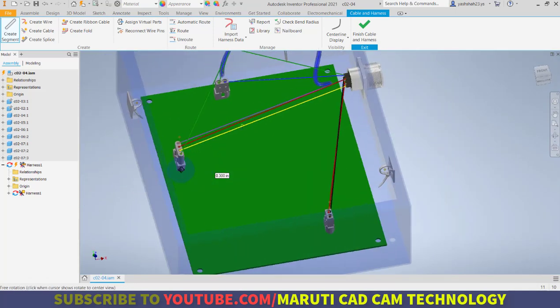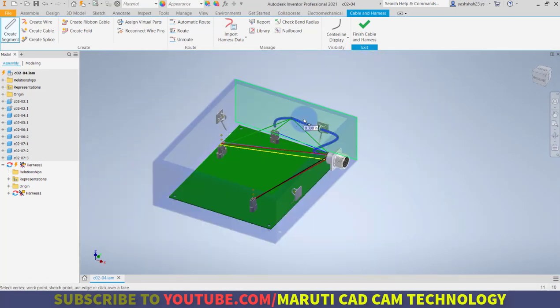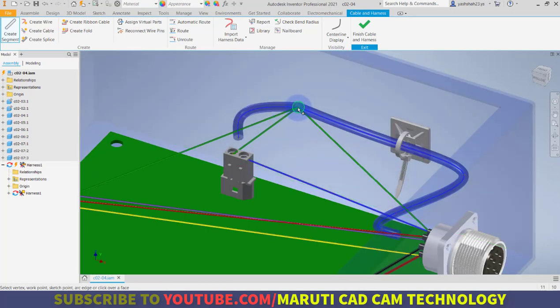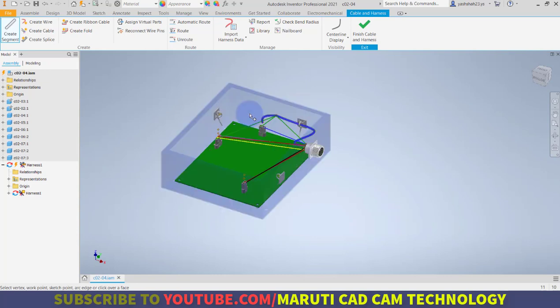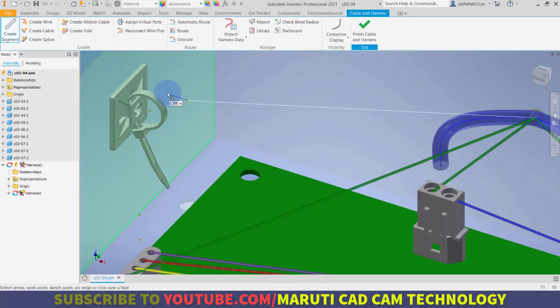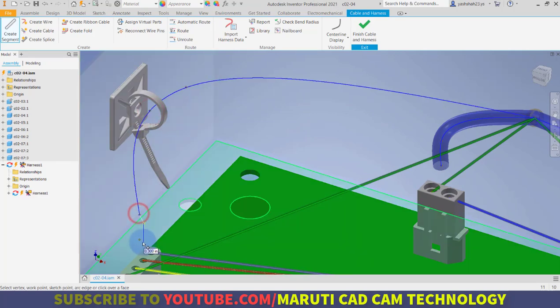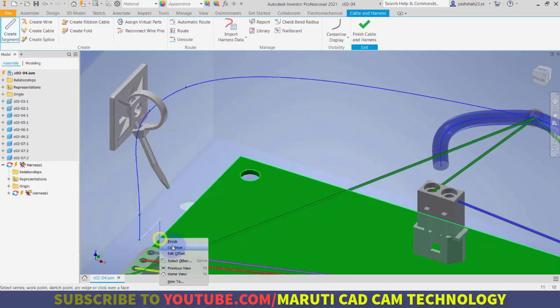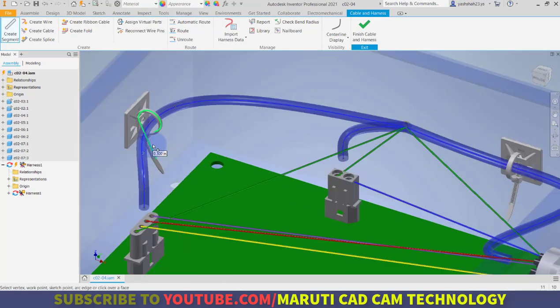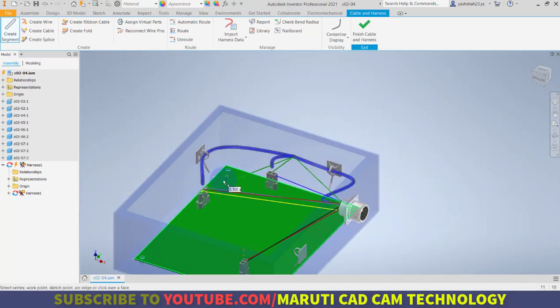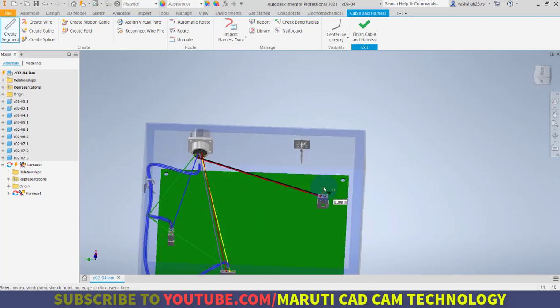Similarly, from this splice I want to continue from this point to somewhere about here, then this point, then connecting all the points. Similarly, I can also break a point.